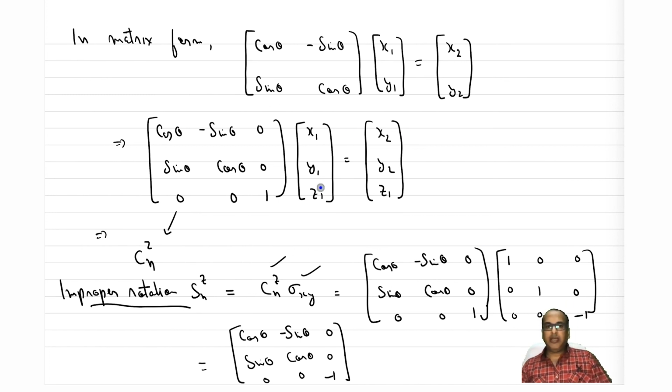So if that is clear, we will move to how to write matrix representation. In next class, we will see how to write matrix representation for various point groups. Okay, so that's all for today. So thank you.